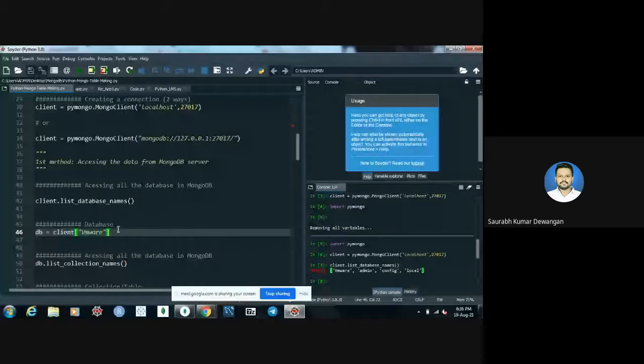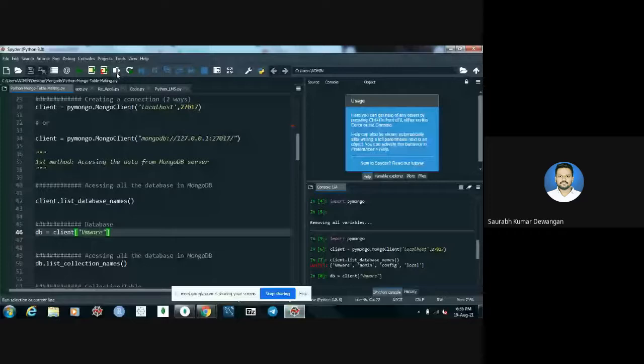What I want to do is access the VMware database. For that, I have to mention the database name using the client variable, which we have used for establishing a connection. So let me run this line.